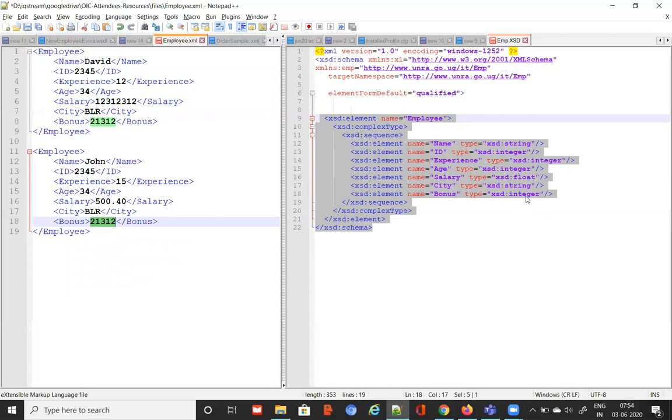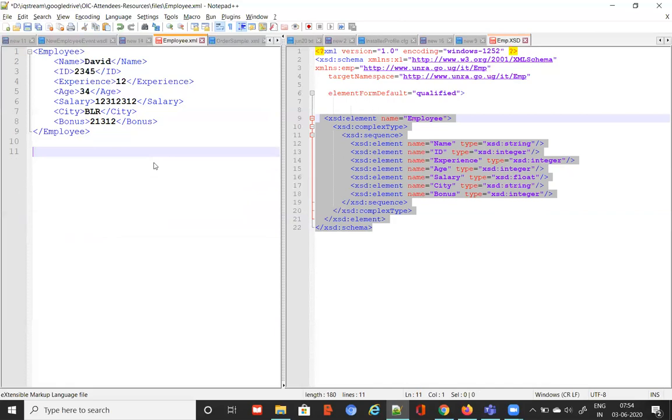Okay, so we are defining this XSD file, and then you are going to restrict your XML to follow this one. So the XSD file is not going to be generated automatically. Of course, we can generate it using tools, but basically you are defining it to represent your XML documents.